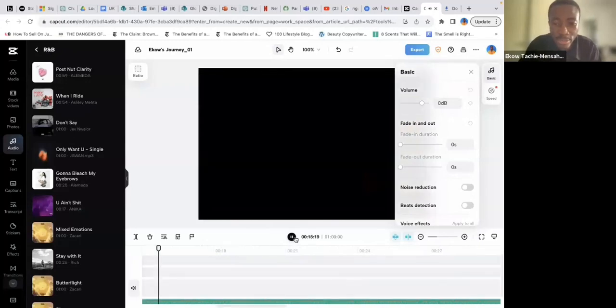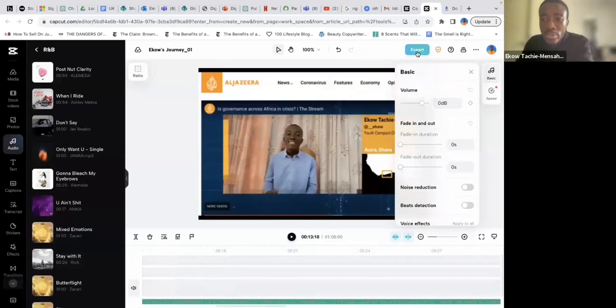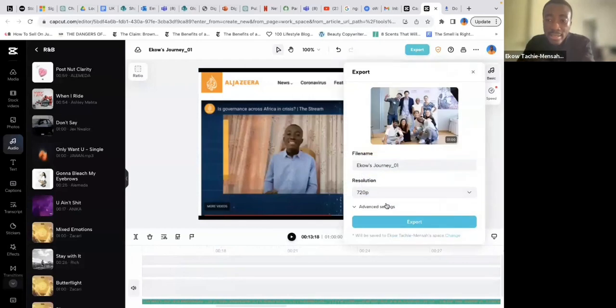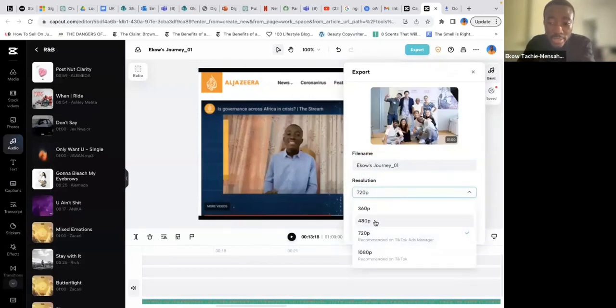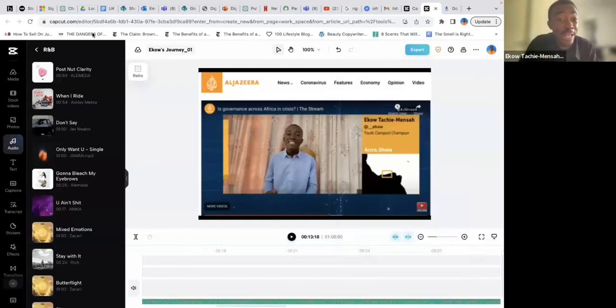Yeah, and then it gets to the end. And once you're done, you can just export, and it gives you various ways of exporting. You'd see export to your far right, and then you export your video using the resolution you want. If you want it high quality, you use 1080 or less, based on what you're looking for. So yeah, there's a lot.